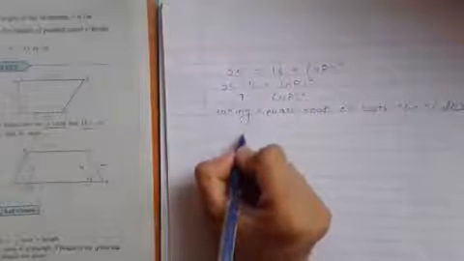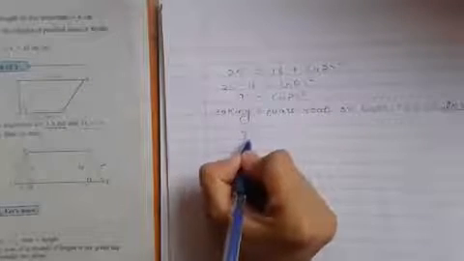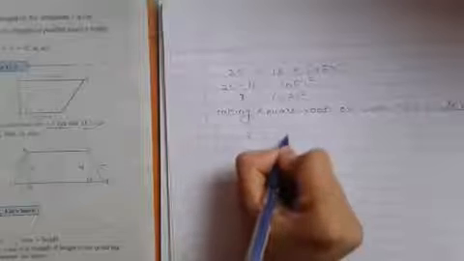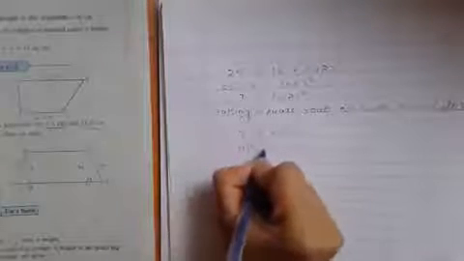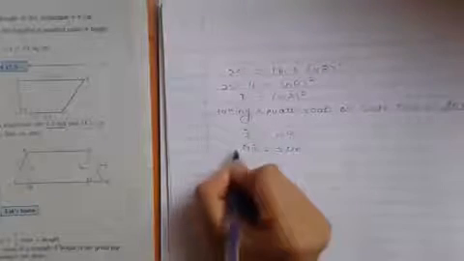So, taking square roots on both the sides, what we get is 9, which will be 3, because 3 square is 9, and it will be NR. So, NR is equal to 3 centimeters. Now, can we mark NR as 3 centimeter? So, let's quickly mark. Where is NR? NR is 3 that we got.